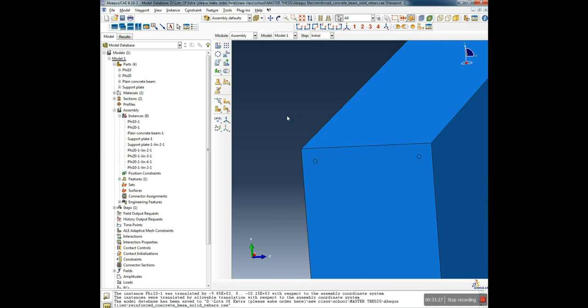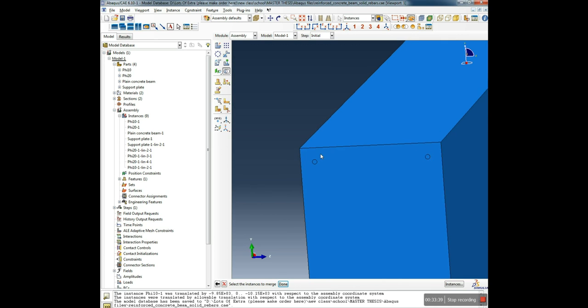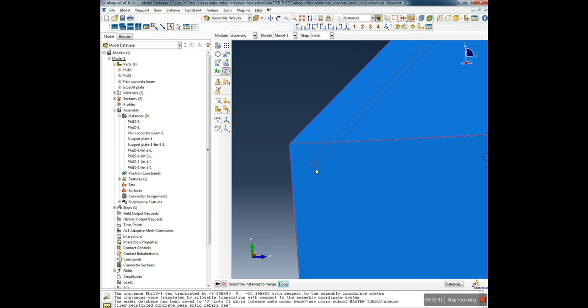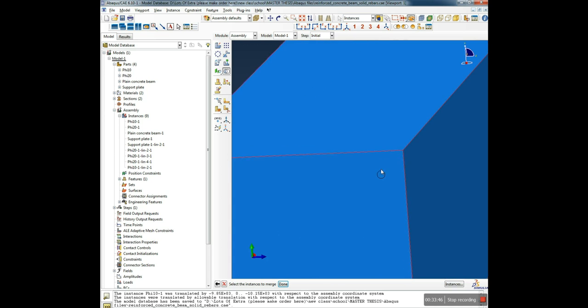I will start again. I will click Escape, Instance, Merge, and I will retain the boundaries, suppress the original instances, merge the geometry, and click here Combo. I will click Continue. So I click the rebar, click again,